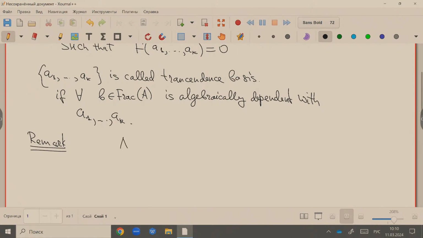If you have the sequence of rings A, B, C, and C is algebraic over B, and B is algebraic over A,